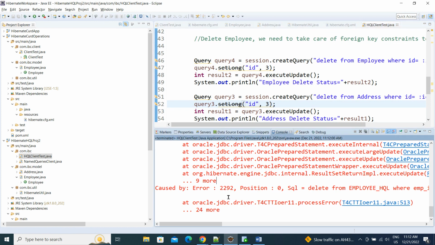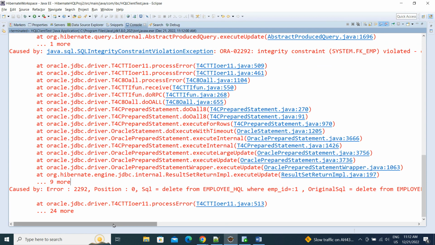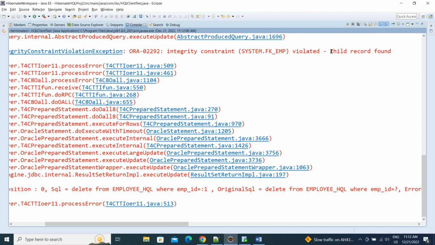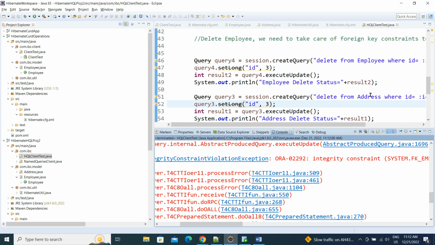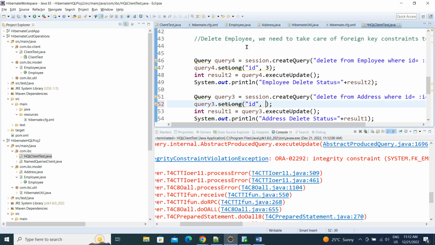See that it is not working. Okay, so child record found. Is it clear, guys? Okay, now